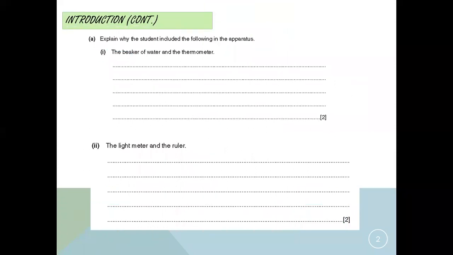What are the questions with us? The first thing is to explain why the student